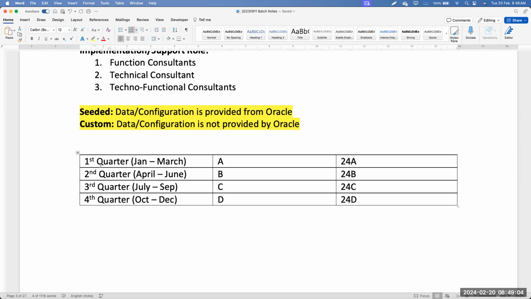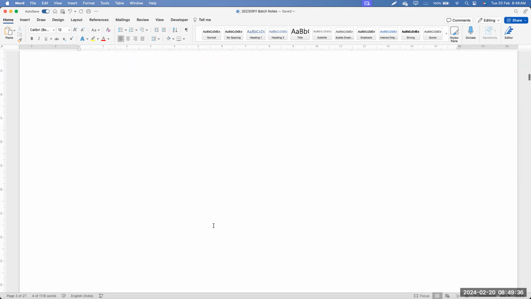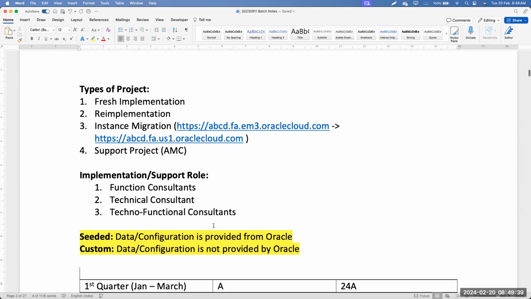So there are some customers for whom the staging instance gets upgraded in the first week of March, and then the production will happen on the 3rd week of March. And then there are certain exceptions on this as well. Some customers always get deferred quarterly patch updates. What does deferred quarterly patch update mean? They get 24A in the 2nd quarter, and then 24B in the 3rd quarter. So they get the quarterly patch updates 1 quarter later. So these are the real-time scenarios of how the quarterly patch updates happen. Any doubts or questions from our team on this?